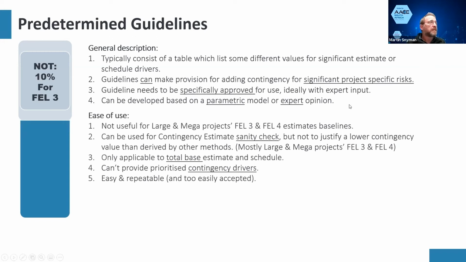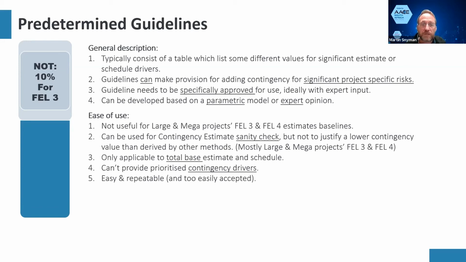Okay, these predetermined guidelines are not useful on large and mega projects. But on other projects, they might be useful if you don't have anything better to use. They can be used as a sanity check. If you're a reviewer of projects' contingency estimates, you can use them as a sanity check of where the number fits. That comes out of a different method, but they should never be used